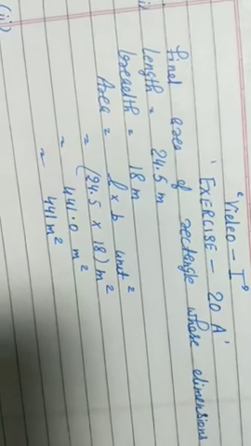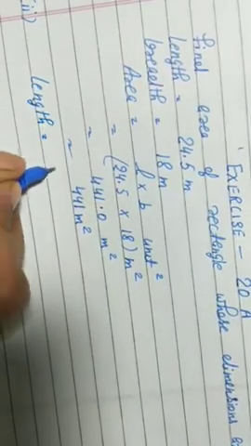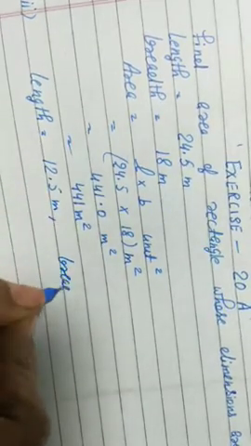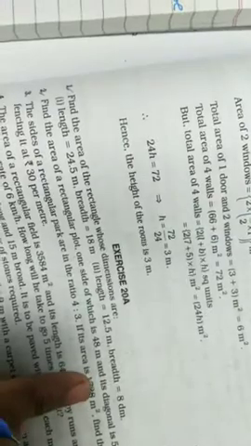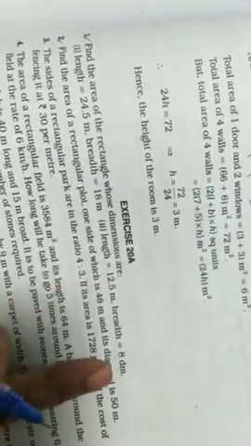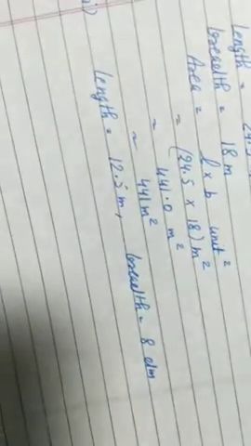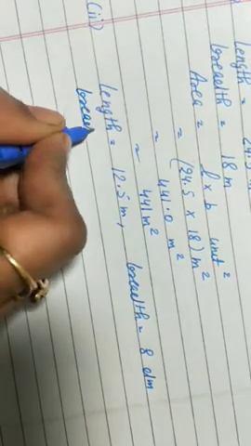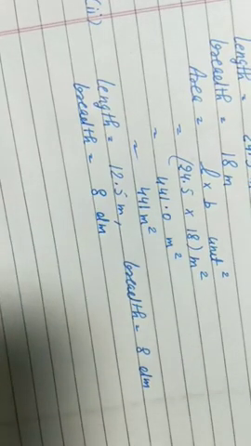Similarly, in the second question, you can see length and breadth are not of the same unit. Length is 12.5 meter and breadth is given as 8 decimeter. You can see 8 decimeter. First, we will change the unit. Both should be in either meter or decimeter. Only then are you able to solve. Length is given as this one. Now breadth. We'll change the breadth. Yes, 8 dm. How much?